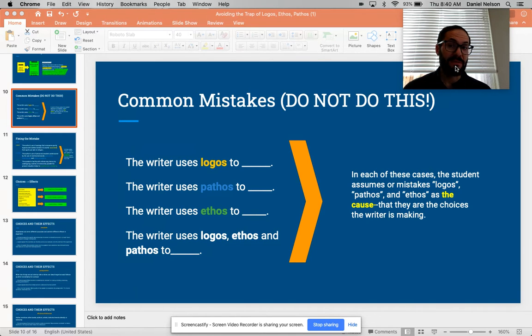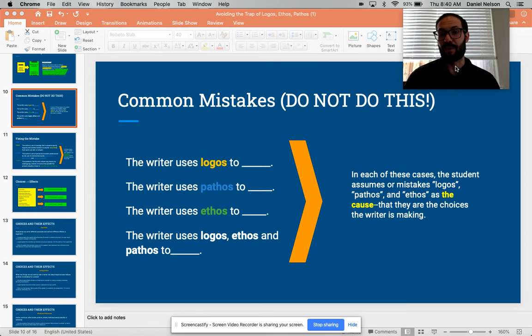What sense of logos? How are they using their argument? How is the argument organized for them? And why are they doing that? So we want to move past just talking or writing about logos, pathos, and ethos in this way. So how do we fix this mistake? I see this all the time, and it just has to be an extra thought while you're writing to finish it. But the sooner that we bridge that gap, the better it's going to be for us.